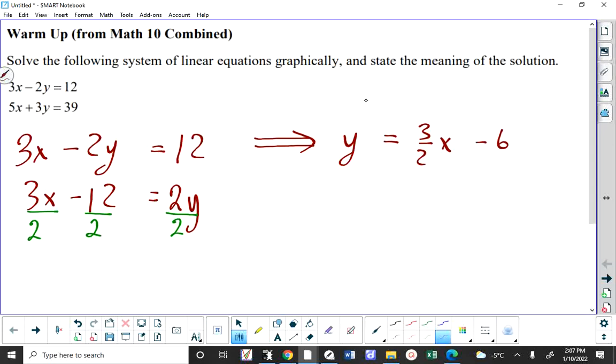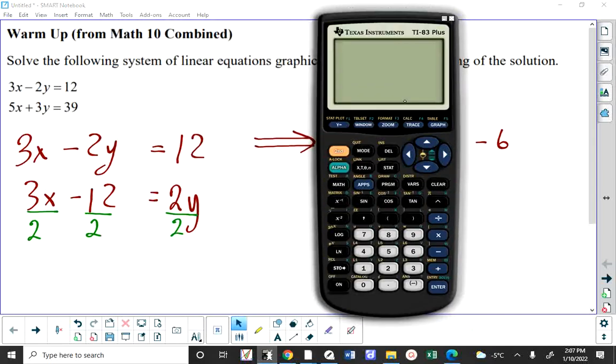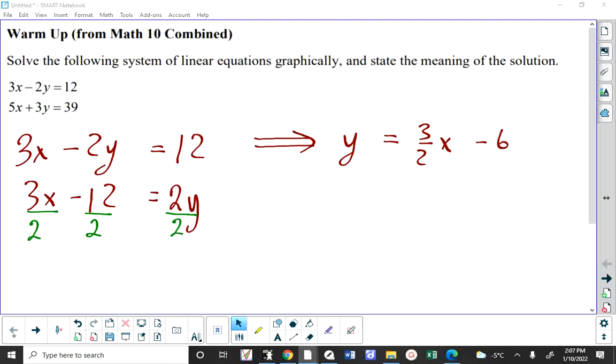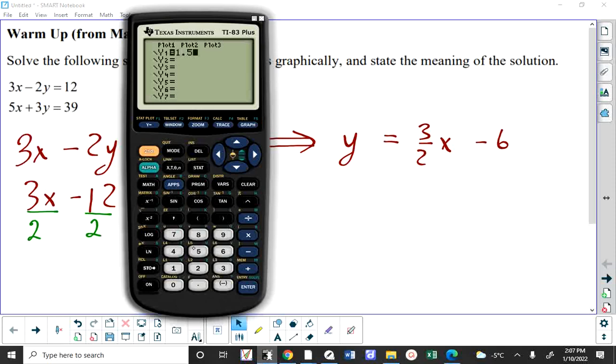Okay, I want to talk about what this means. Well, let's put it in our graphing calculator. Y is equal to 3/2. I'm going to use some decimals here. 3 over 2 is 1.5. So 1.5x minus 6. See, and I think what happens, particularly in high school, is you get into the algebra, you get into the abstract, and you forget what this is all about. When I graph this, and let's go zoom standard,